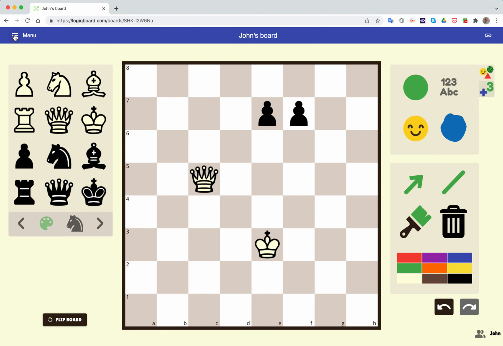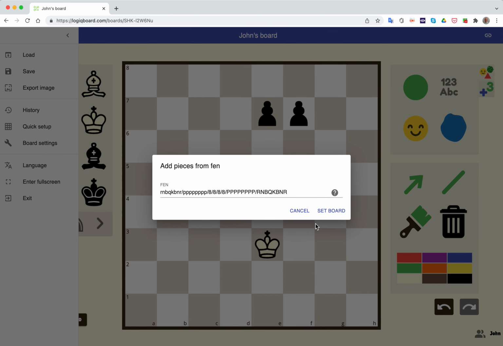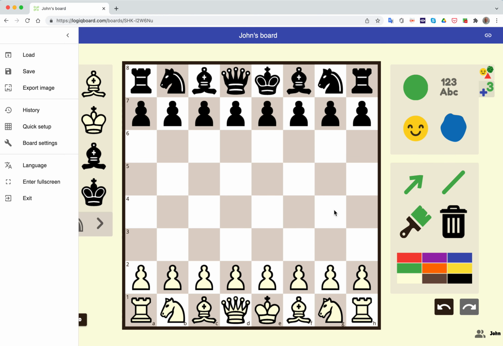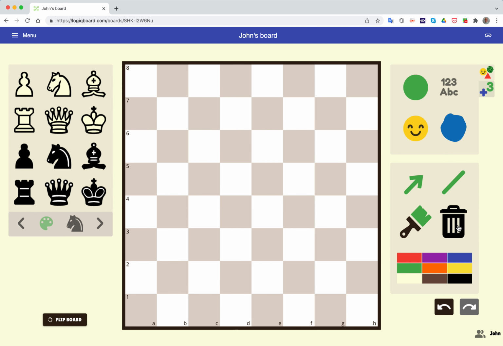You can speed the whole thing up if you're putting in the start of a game by just clicking the set board option for a game of chess, and you can always delete the position by pressing clear and starting again. Supposing we wanted to show a particular position, something like this,